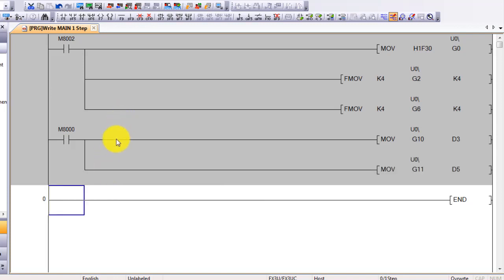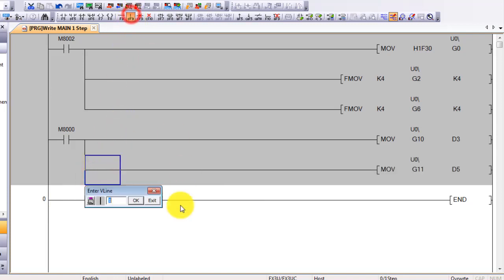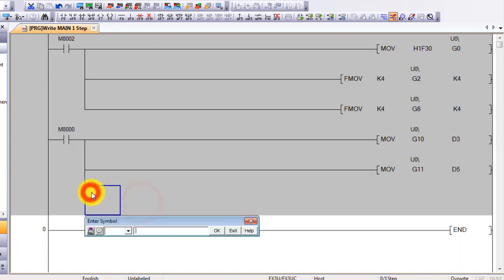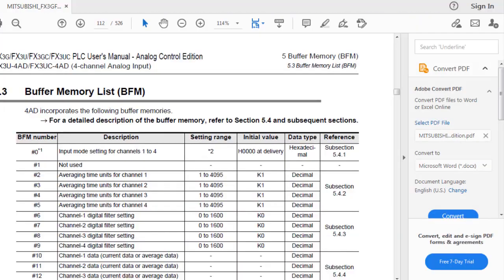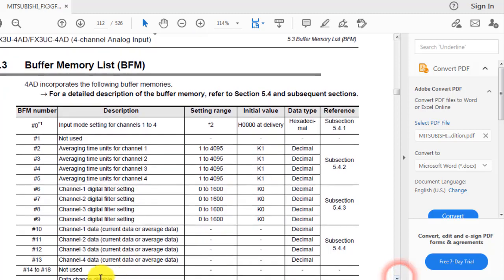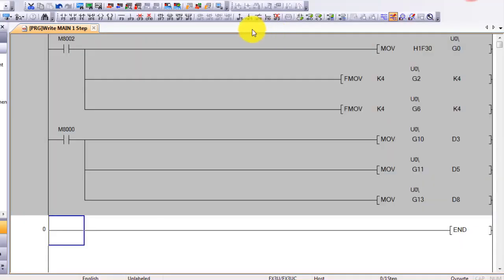Okay, and for channel number 4, because I am not using channel number 3, I will use the move command, G13 and D7, like this. Okay, this is for channel number 4. And now we will compile the program